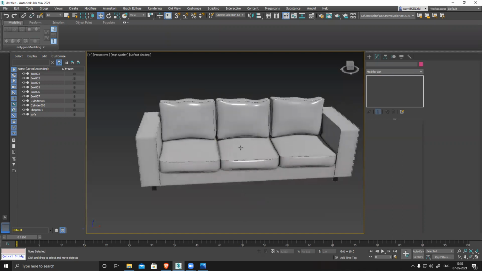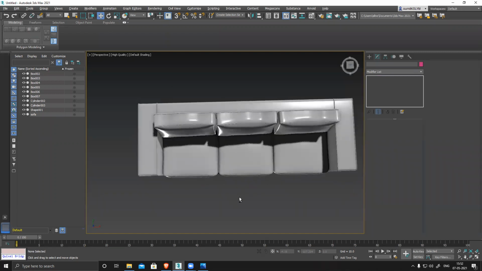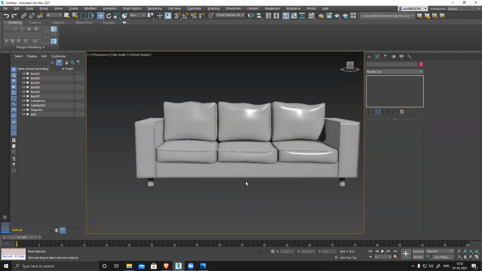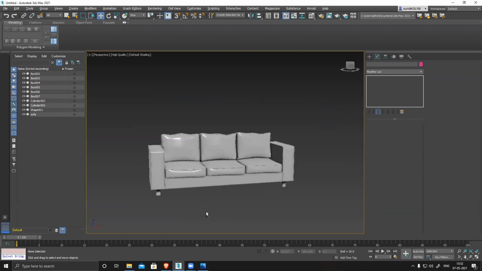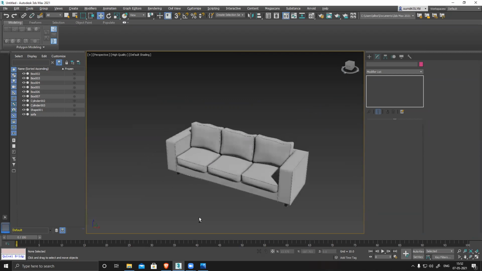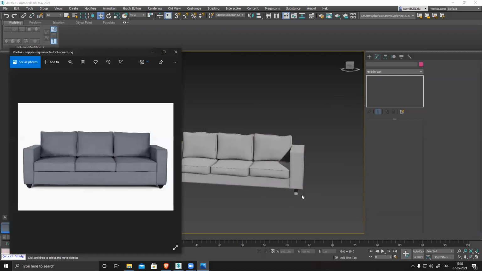So now if I want, you can see like this, I have modified all the shapes. Similarly in this case also, from top view I can modify these shapes. I can do that and fix it. You can see the sofa is ready, and here is my reference to the sofa. So you can see, it's pretty easy, simple, not very complicated.